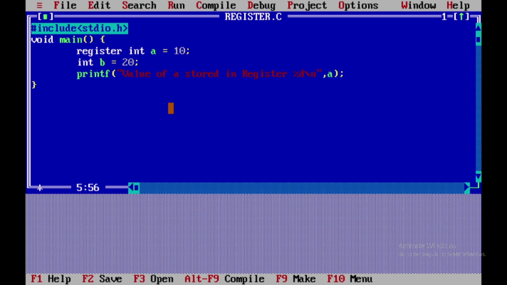Here we have a. And we have a printf, value of b local variable, right? %d, same thing, nothing is changed here. And we have here b.